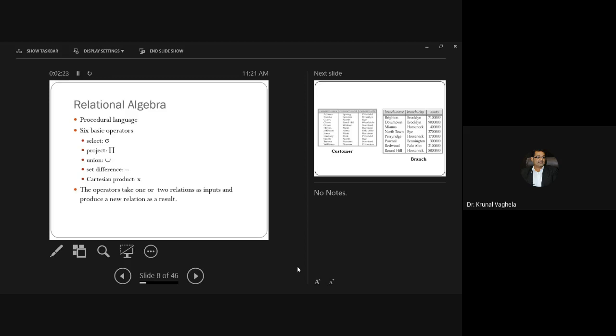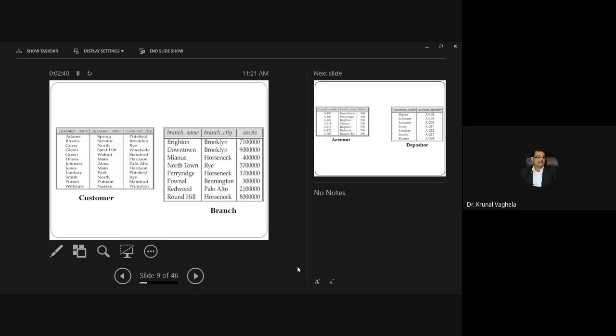Then we started with relational algebra, and I think we have finished one, which is the select operation. Select is to select some particular rows from the relation, from the table. I have told you that you write down the table name and column name, because you will need this in your topic.